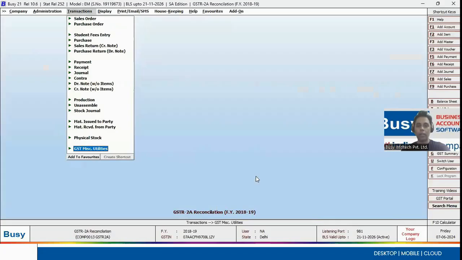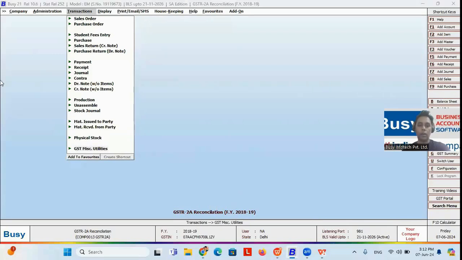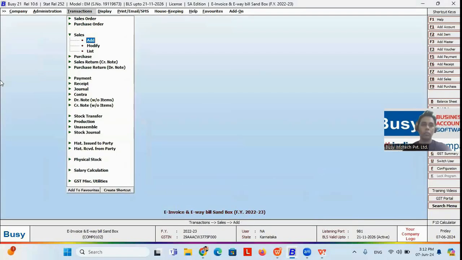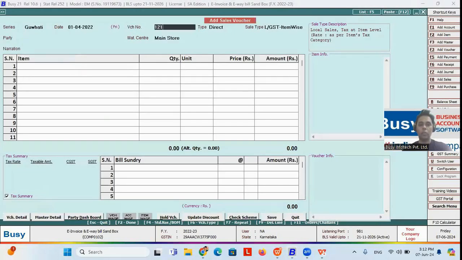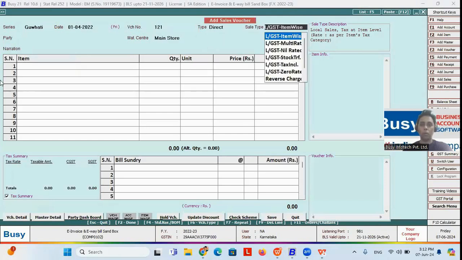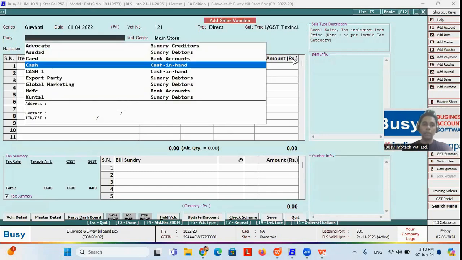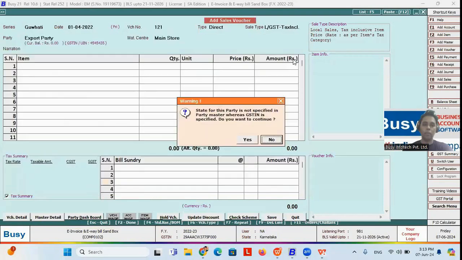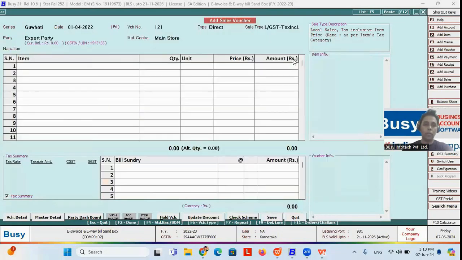Let me show you practically in Busy. If you come to the Busy screen and you are going to do a sale entry, come to Sale Entries, put the sale voucher number, or whatever voucher number may come automatically. Now you can select the sale type. You may have different types of transactions related to taxation. It may be item-wise, multi-rate, nil rated, or inclusive. If you select inclusive, and select a party, for example, and select the item, put the quantity and the price,